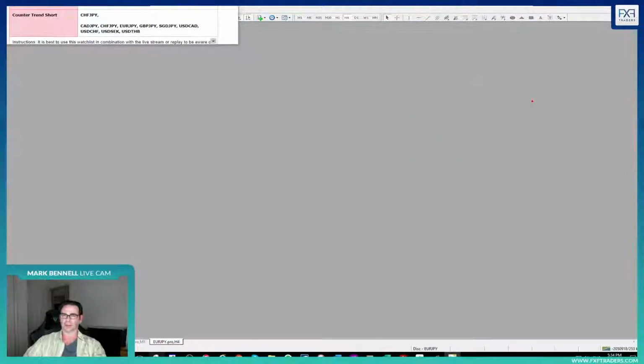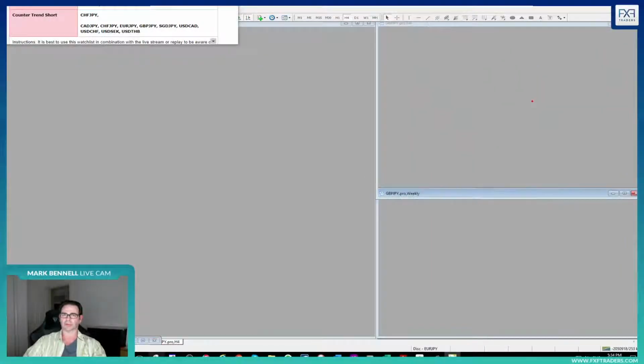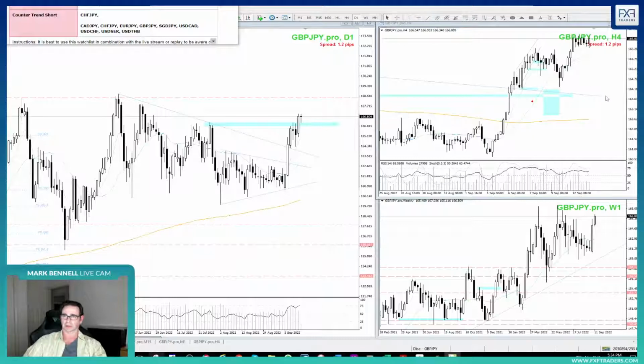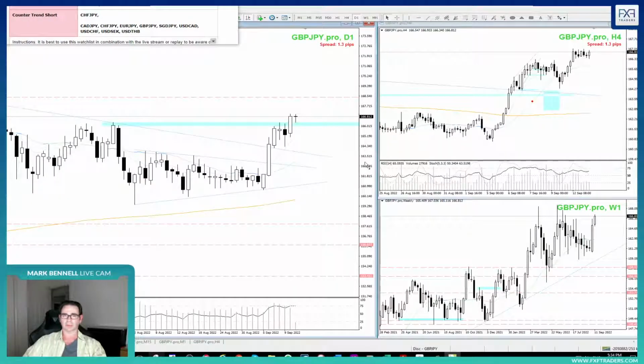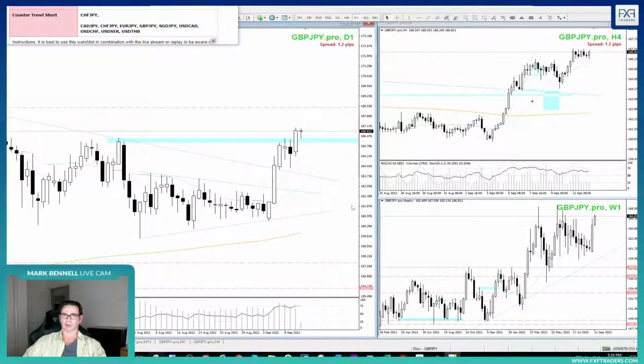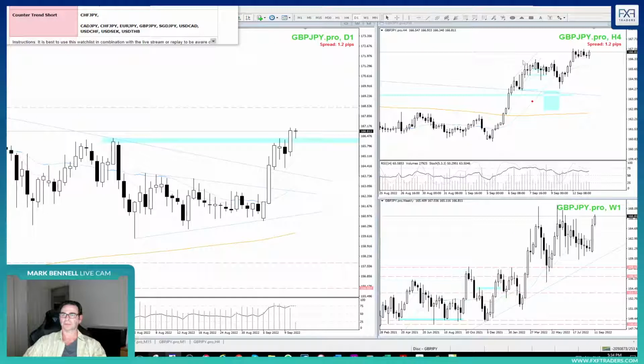So the pound yen trade, apologies too, if anyone's new, for the green flashes. It's my screen highlighter, which obviously doesn't like being on for too long. Too many days.